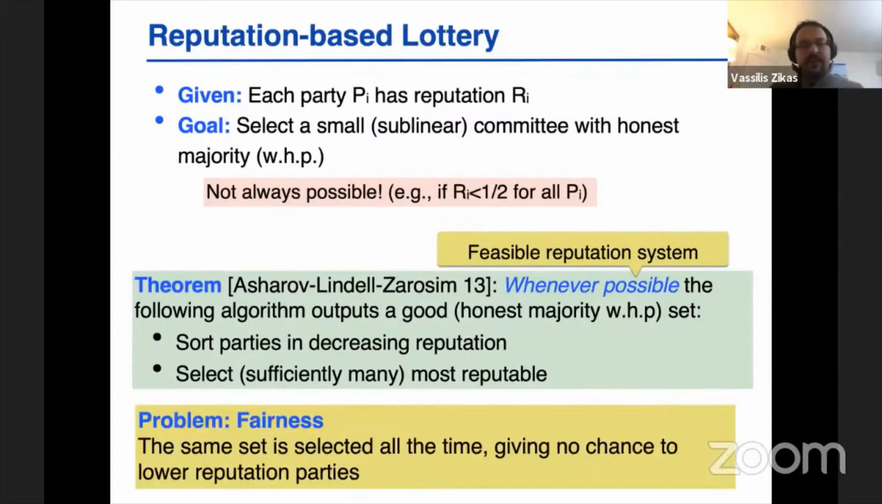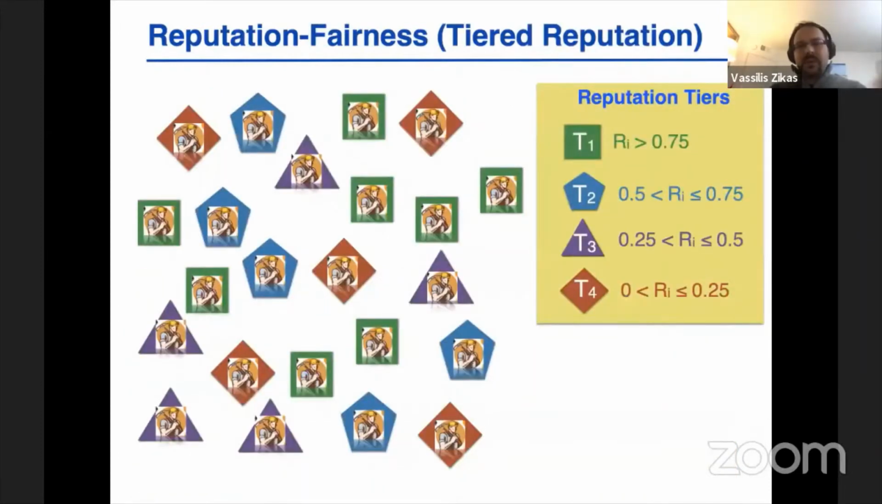But the problem of this selection method is that it doesn't have a fairness guarantee. The parties with the highest reputation are always selected. So anyone who is not in this set doesn't have any chance of being selected, or any incentive to be in the system. So what we do, we introduce a tiered version